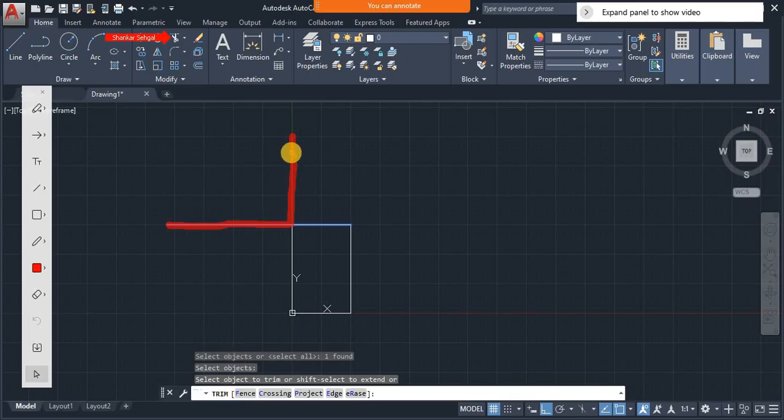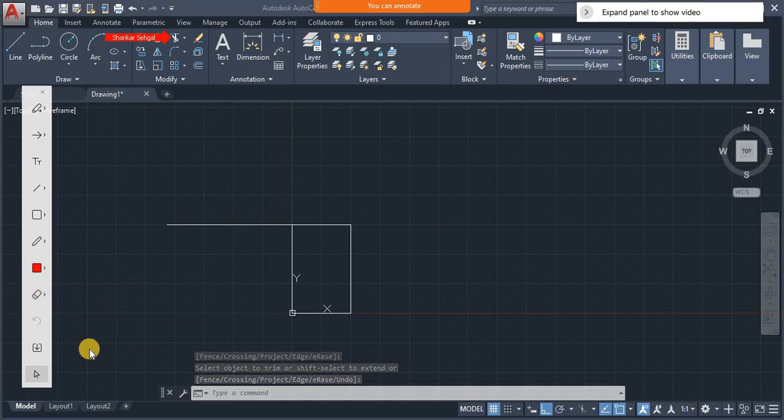I want to trim this line, so I click over here and that line has been trimmed, and then press enter. Let me remove the annotation for better visibility, clear annotation. So you can see the vertical portion, the portion lying above this horizontal line, has been removed, trimmed. Again I repeat the same command, trim,